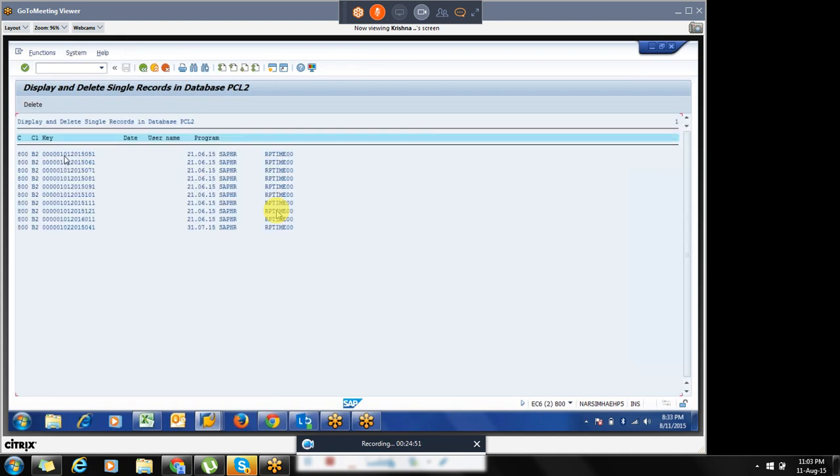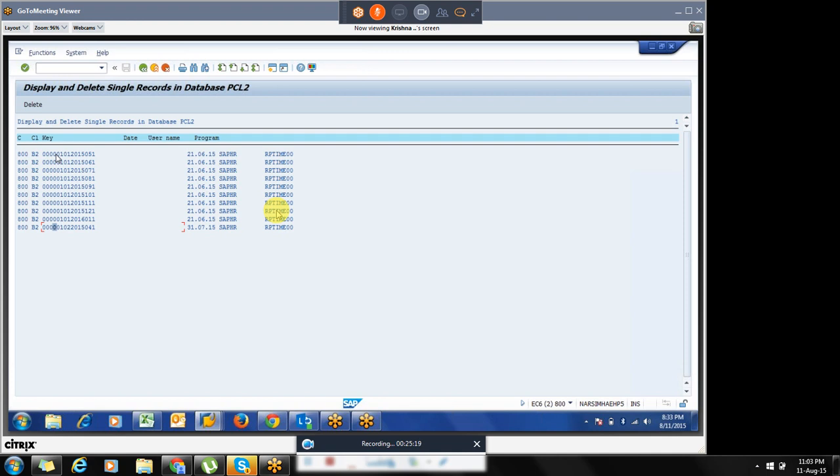Krishna, PCL2 even contains results also, right? This database, PCL2 also has payroll results, right? PCL2 is not a single table. First we have to go to database admin, how the tables are bifurcated, how the data is stored, and all this stuff is a different concept.